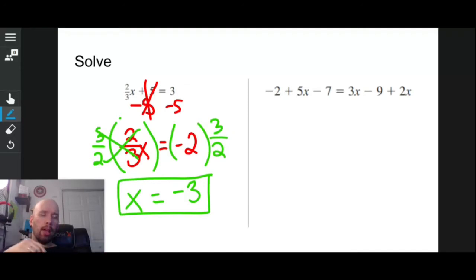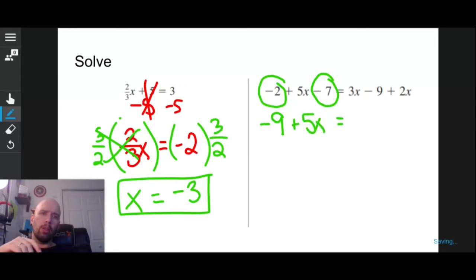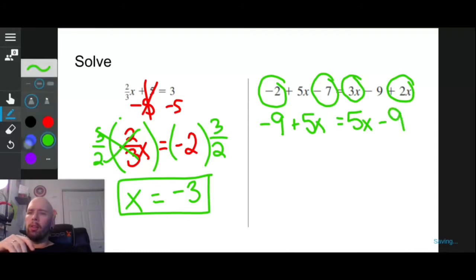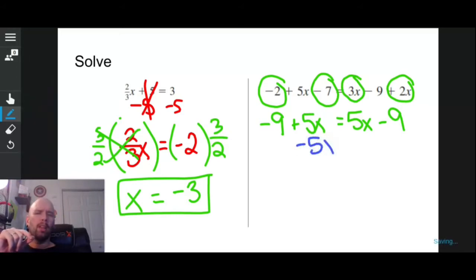All right, well, looks like I have 6 terms floating around, 3 on each side. So it looks like I can combine that -2 with that -7. So why don't I do that? -9 plus 5x equals, and it looks like I can combine 3x and 2x together and make that 5x minus 9. I have a 5x on the left and a 5x on the right, so I have to subtract both sides by 5x. Well, if I subtract the 5x from both sides, then both of those disappear. And -9 equals,